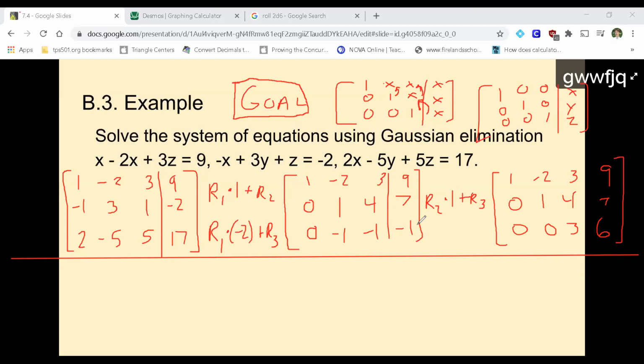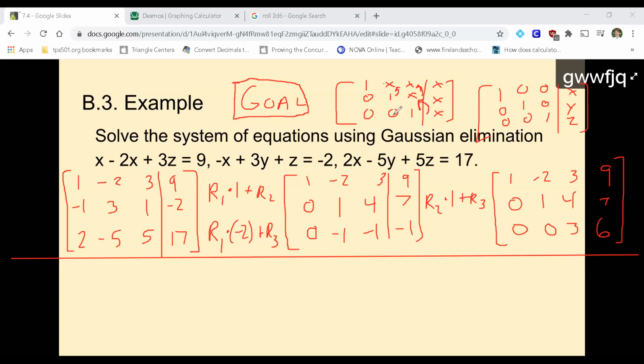Any questions about how we got this next matrix? Okay, then